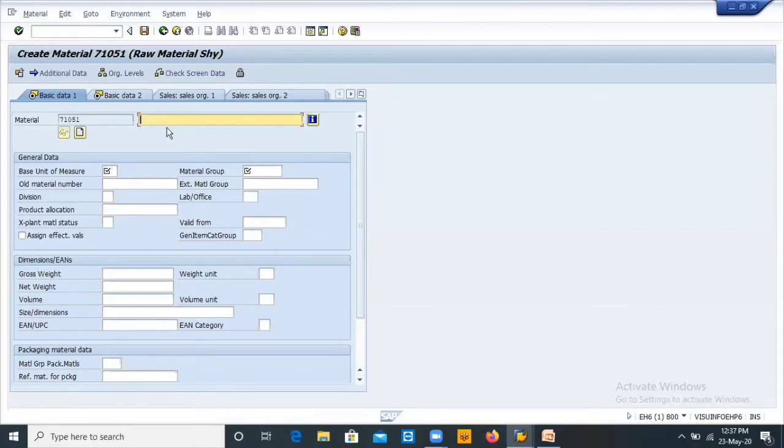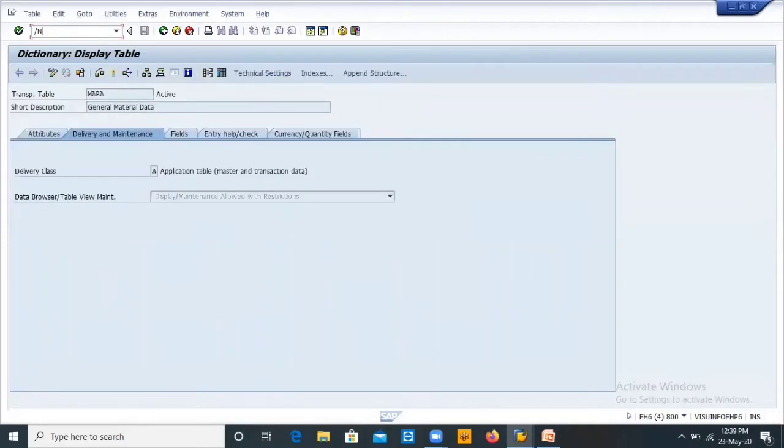This is the material description. This will be called the table name, Mara table. What comes under the Mara table?